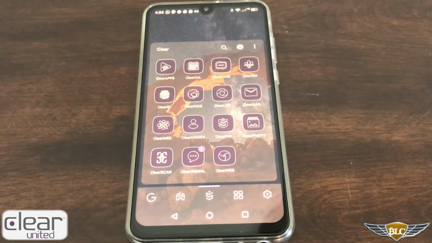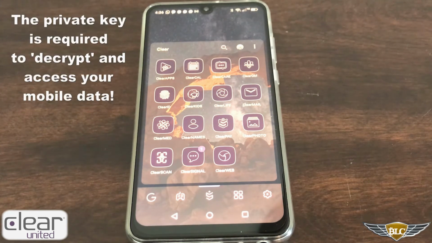Well, in the case of this storage network, nodes, which are different phones, servers, and decentralized storage nodes that are on the network, all those bits and pieces are going to be randomly sent to all the different nodes, and the only way to decrypt that, which means to pull it all back together to be able to access the data, is to have the private key, which is generated with the phone when it's set up.